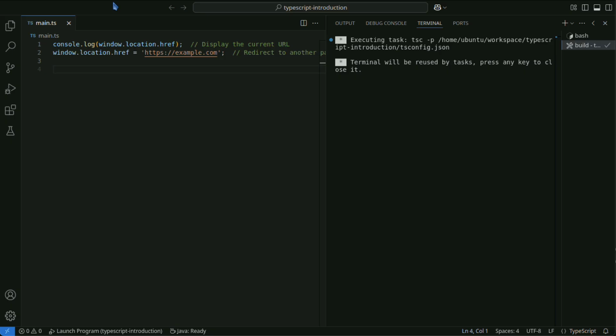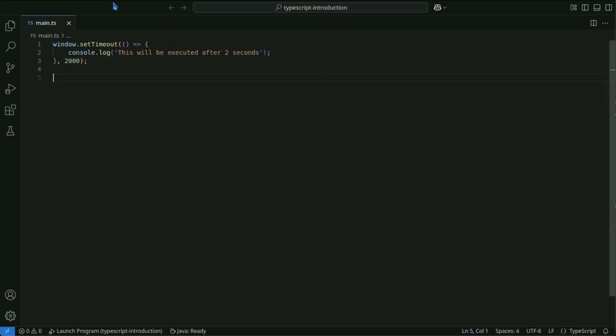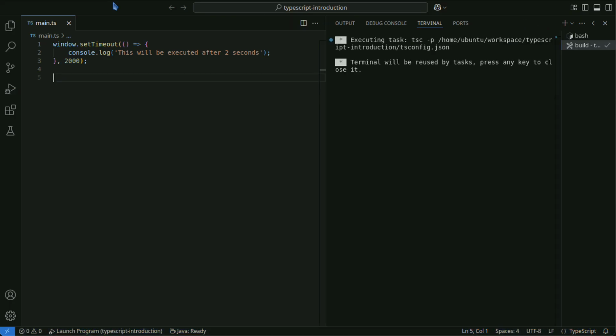Window.setTimeout and window.setInterval are methods used to run functions after a delay or at regular intervals. This code executes a process that outputs a message to the console after 2 seconds.